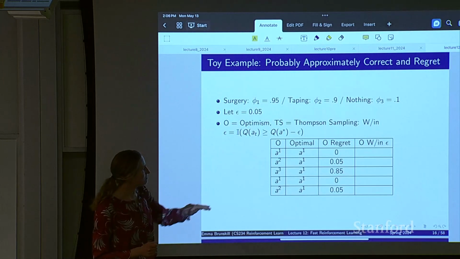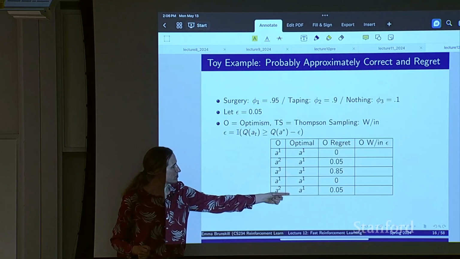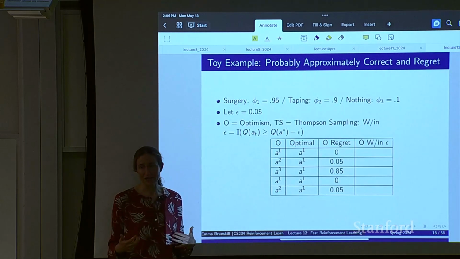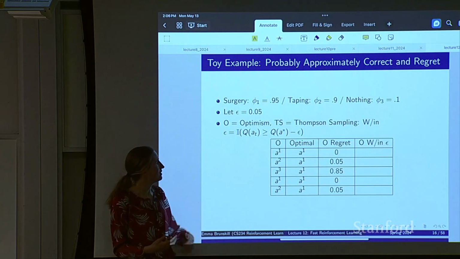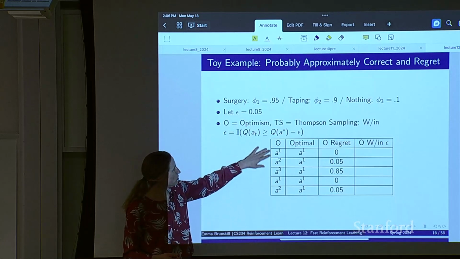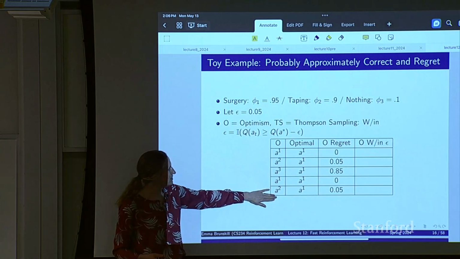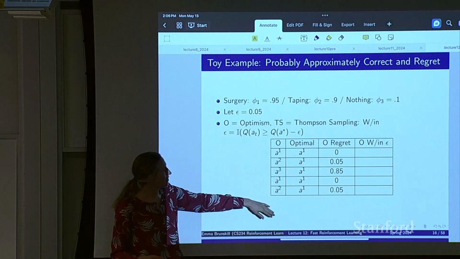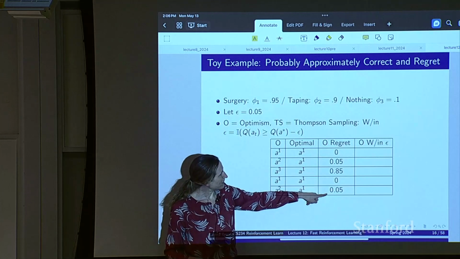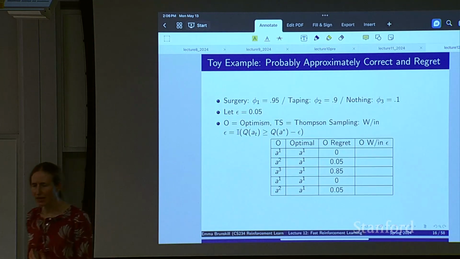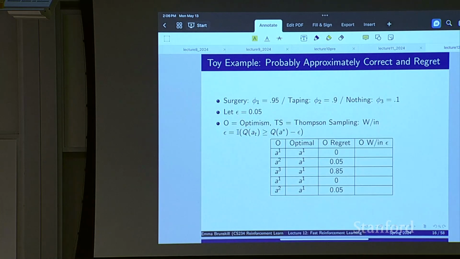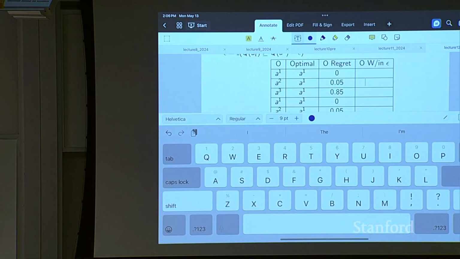So in this case, before we thought about what the optimal sequence of actions you should take is, but of course you don't know that because you don't have data. If you had this sequence of actions, say under an optimistic algorithm, this would be the regret you would get in each case. But under the PAC case, let's see if I can type these here. Under the PAC case, this would be